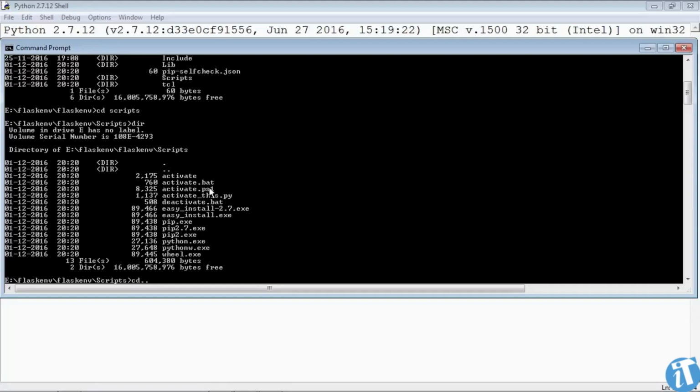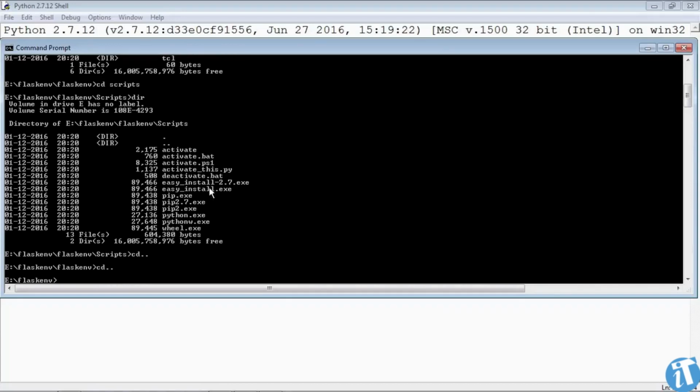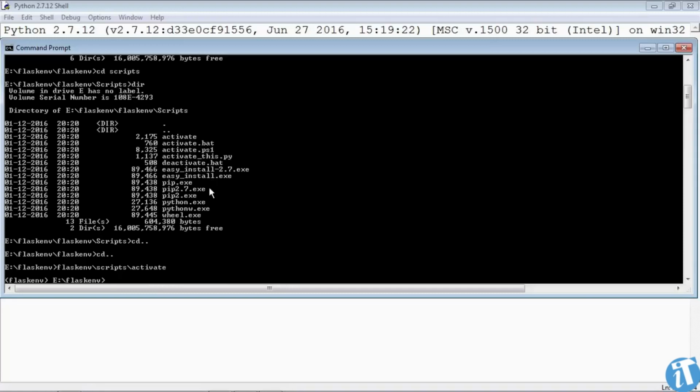So I'll go back to the parent folder and then say Flask env, scripts, and then say activate, like this. So you can find that just before the command prompt, the name of the virtual environment is appearing in the brackets. So now we are in the virtual environment from which you can invoke the Python